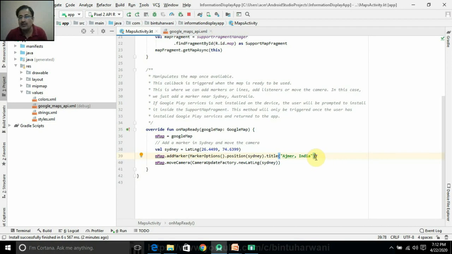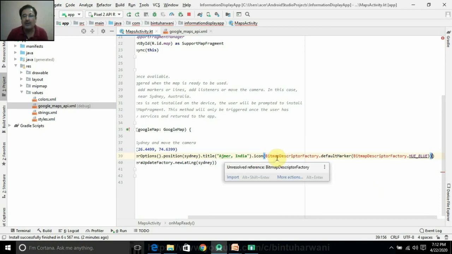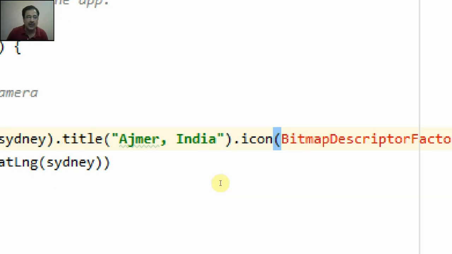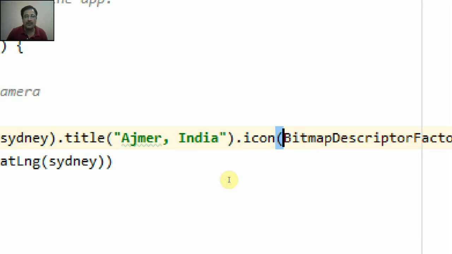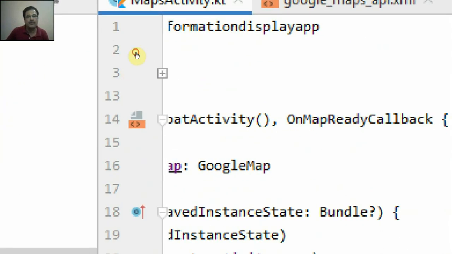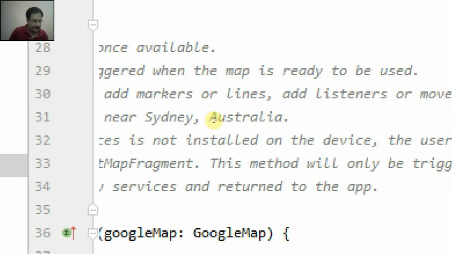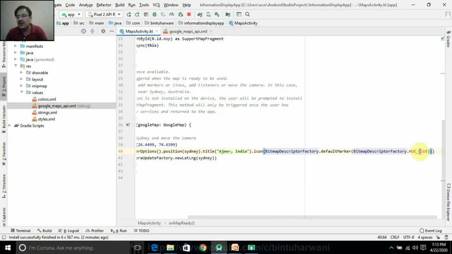It should be pasted along with the dot, along with the period after this title. So here you click the cursor and you click on paste. The dot has to be there. This parenthesis has to be here. Right. It is giving you an error on BitmapDescriptorFactory. I'll just enlarge it. See, this is giving you an error here. Click on import. See, the library will be included here at the top. This is included here. This BitmapDescriptorFactory, can you see that? So the error is also gone. This will change the color of the marker from red to blue. Okay, terminate and run it again.